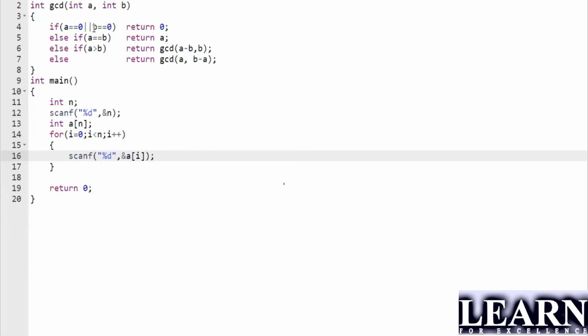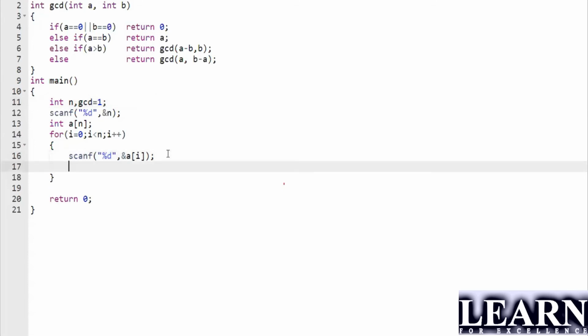Okay. So initially what I will do is I will take the GCD as 1. So I will take GCD equals to 1, because that will be the factor here. If in case both the values are 0, yes, I can call and give it out. Whenever you scan this, once you have scanned it, you can start running this one. You can take GCD equals to